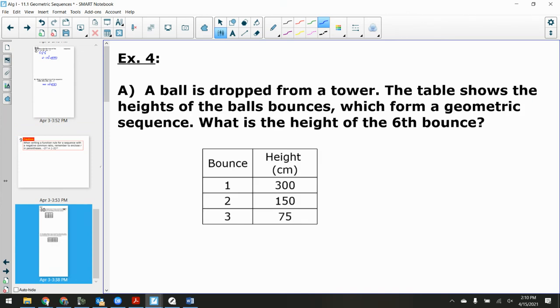Because I'll tell you what, more often than not in nature, in the world, in real life problems, things happen geometrically. Things happen with a constant ratio. Like, we'll talk about a little bit later on, exponential growth. Like, in the beginning of the pandemic, things were growing exponentially. Each day it kept getting bigger and bigger and bigger. I don't know if you guys have paid attention, but one of the key numbers that they talk about all the time